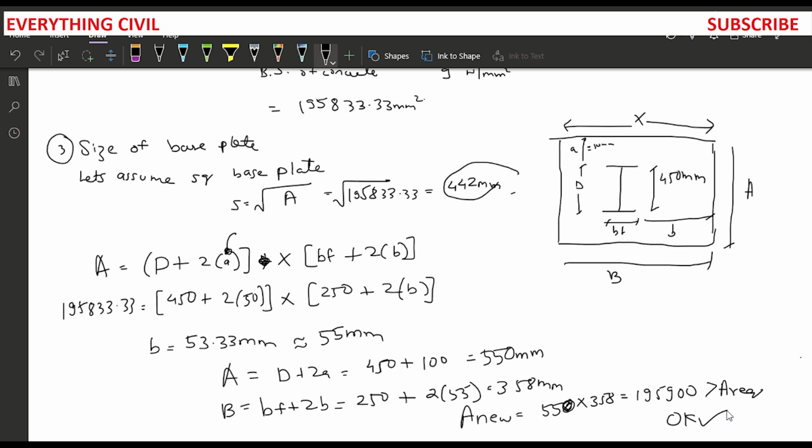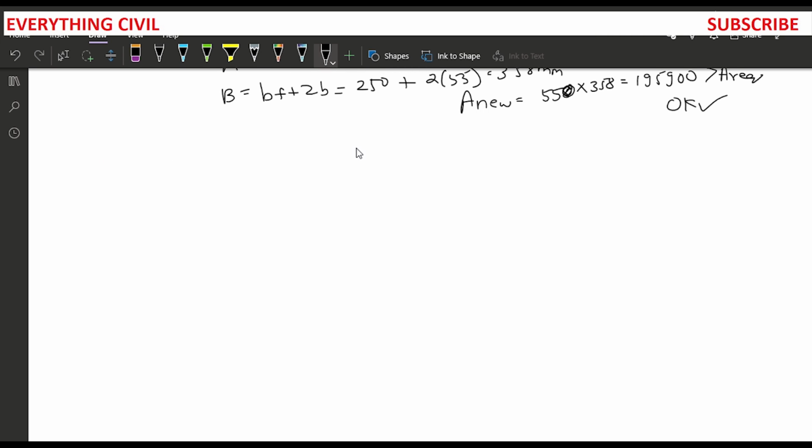Now you have to find out the thickness of the base plate, because in the market when you go to buy a base plate, you will be telling the vendor what will be the size that you are going to buy. So as you can see, our area has increased a little bit. So what we will do is we will find out the actual pressure on the concrete pedestal, which was 9 Newton per millimeter square earlier. So we will find out what will be the actual pressure based upon the size of the base plate.